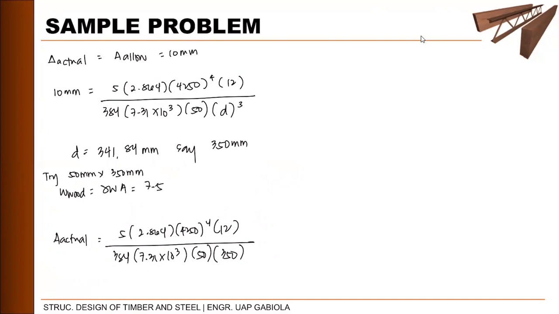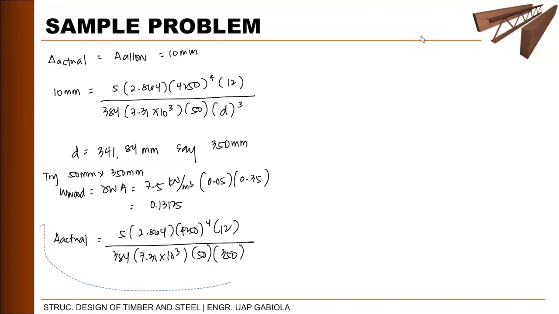So 7.5 kilonewton per cubic meter times 0.05 times 0.35. So this will be equal to 0.13125. And then, yung magiging total weight natin ngayon